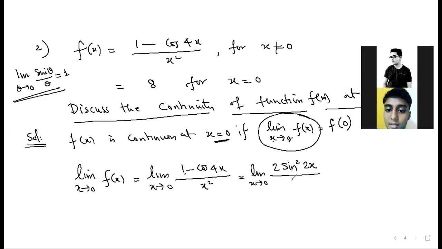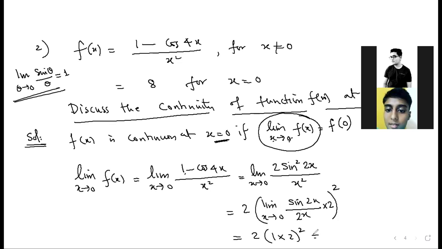So can I write 2x by x square upon x square? Very good. अभी स्क्वायर है तो क्या करना चाहिए? The whole bracket. So sin 2x upon x by x, whole square. अभी क्या करना? Use that formula directly, k square by 2. Yeah, you can. तो आपका आंसर हो गया 2 into 1 into 2 the whole square. तो आंसर कितना आ गया? 8. और f of 0 का वैल्यू अभी 8 हो गया।